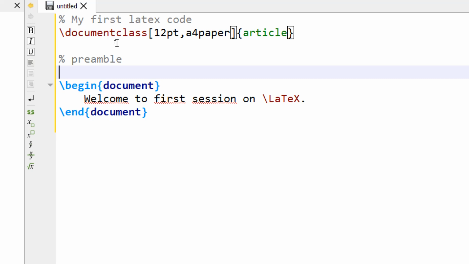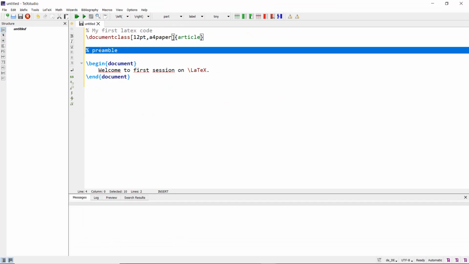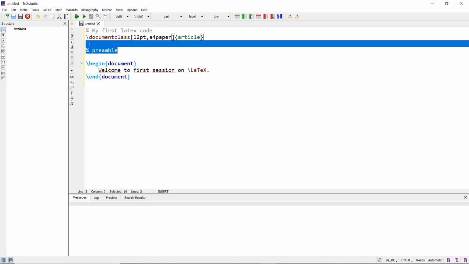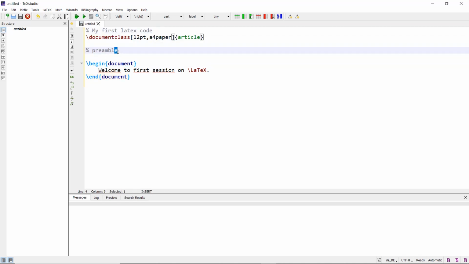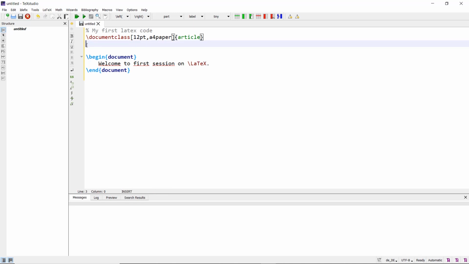We will see what code is formed as a preamble in the future sessions. Note that anything that you write between document class and begin document is referred to as preamble, and this preamble affects the entire document setting.